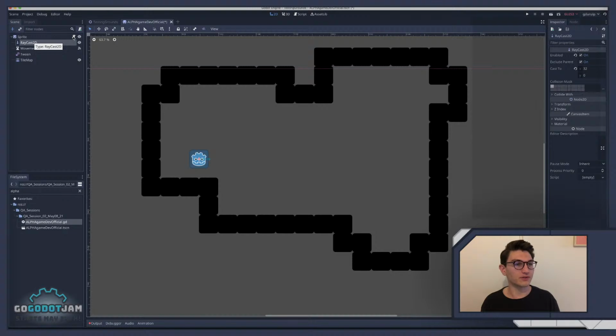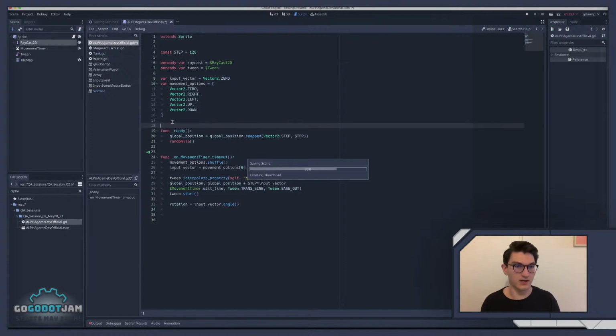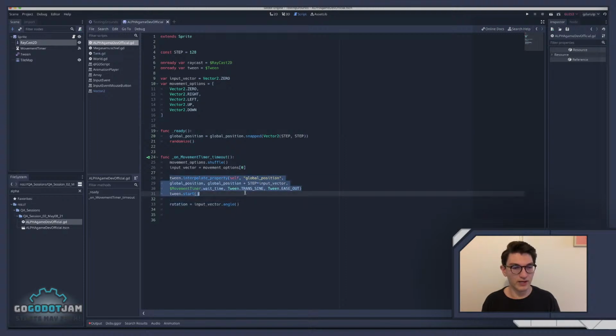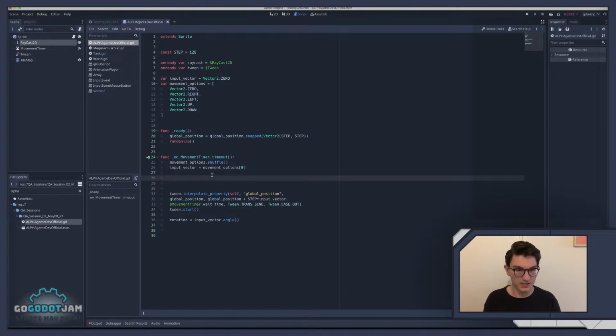Okay, so now what we want to do is we're going to go ahead and grab, so we'll say on ready var Raycast equals Raycast 2D, like that. Put another space there because that is the correct formatting for Godot. So then what we want to do is before this, we want to query basically. So movement options dot shuffle input vector equals movement options. And then what we want to say is we're going to say